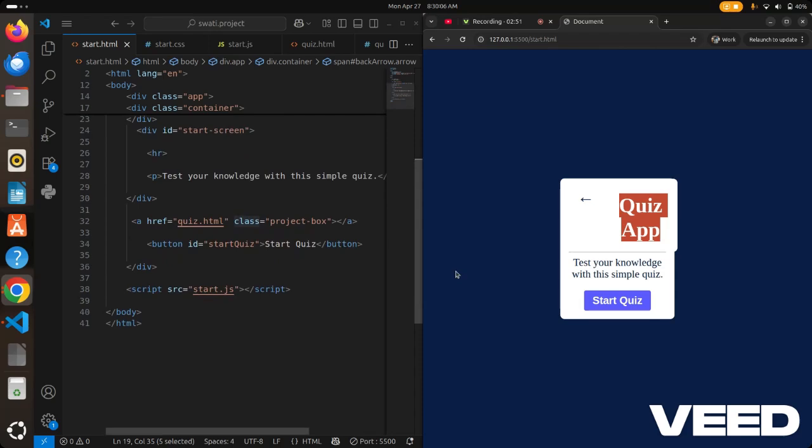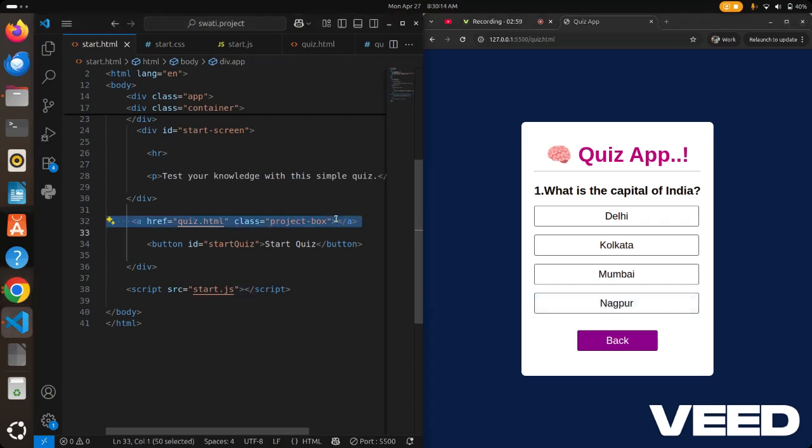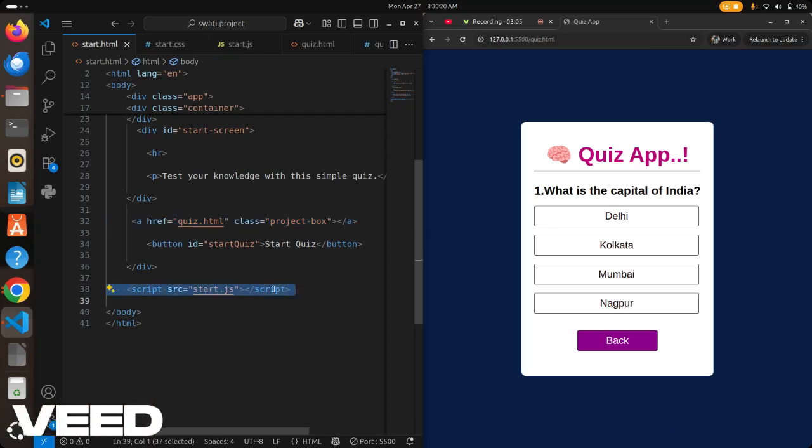Then when we click this start button, it shows another page, because here I use an anchor tag. After that I make the buttons, and also using the script tag I connect the JS file with the HTML.